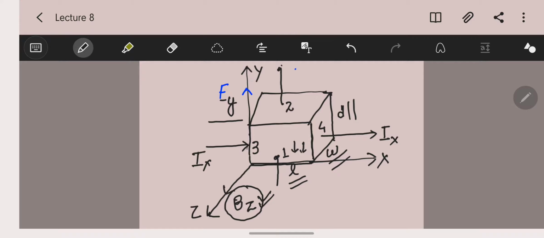This is the diagram that I have drawn as per the earlier statement. Here 1 and 2 represent the bottom as well as the top surface of the specimen. 3 and 4 represent the side surfaces of the specimen. From point 3 the current is entering and at point 4 the current is leaving. And the cross sectional area for this current is given by W into D. Now this is the basic diagram to explain the statement of the Hall effect.